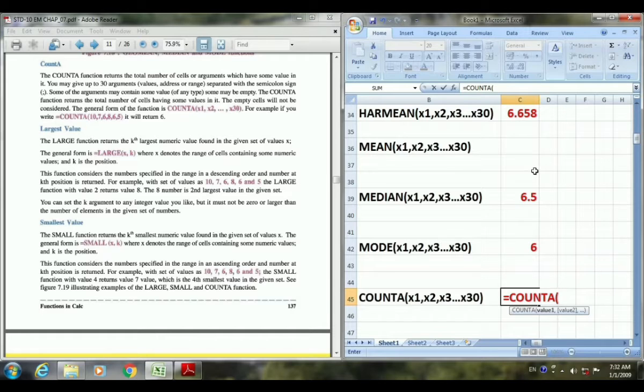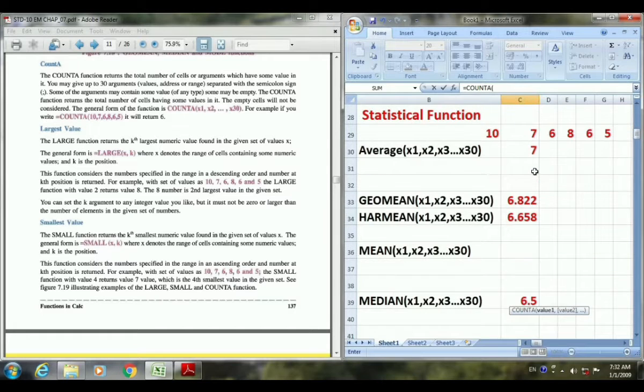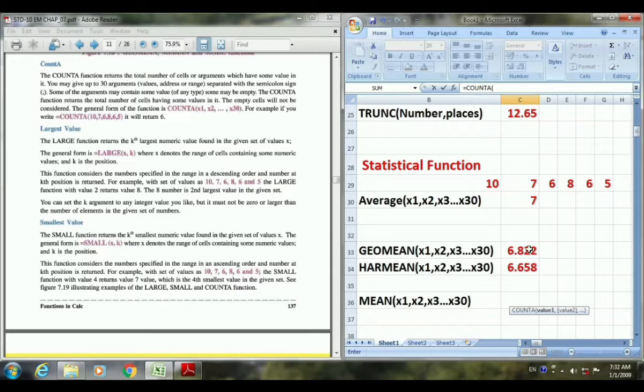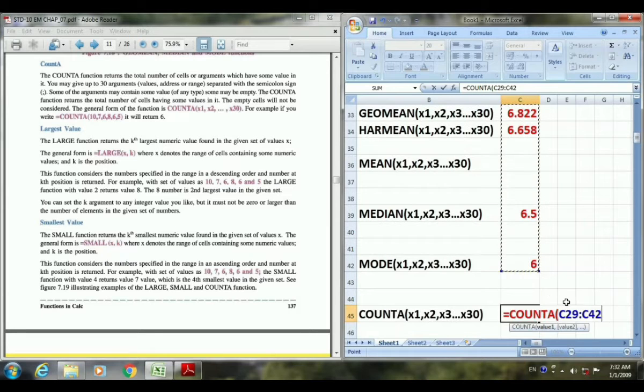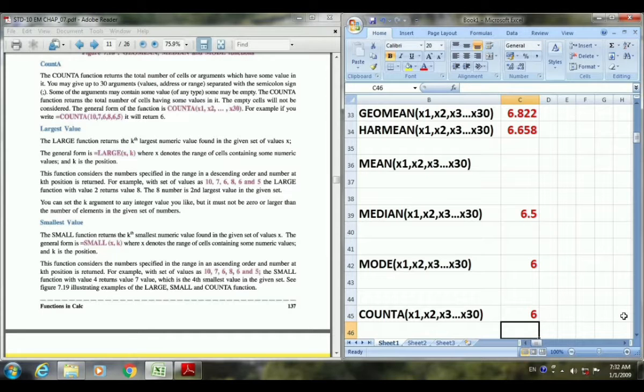Now you have to select the cell range. Here you can see many cells are empty and in many cells values are there. This vertical cell range I am giving, this is the cell range for my values. Now press enter. The answer is 6.